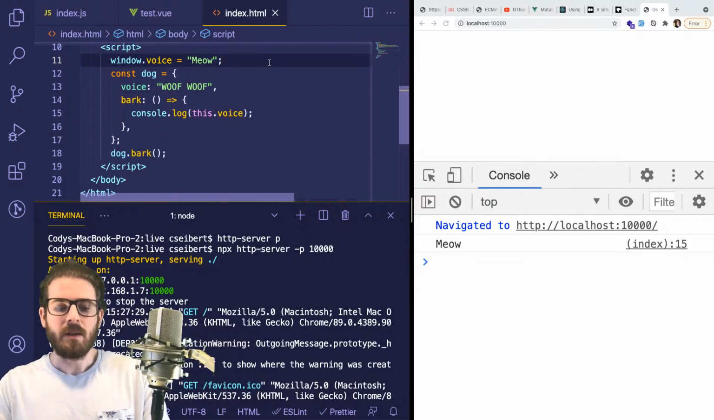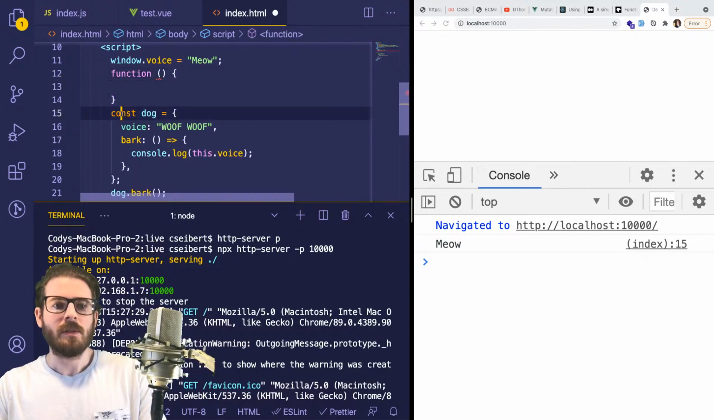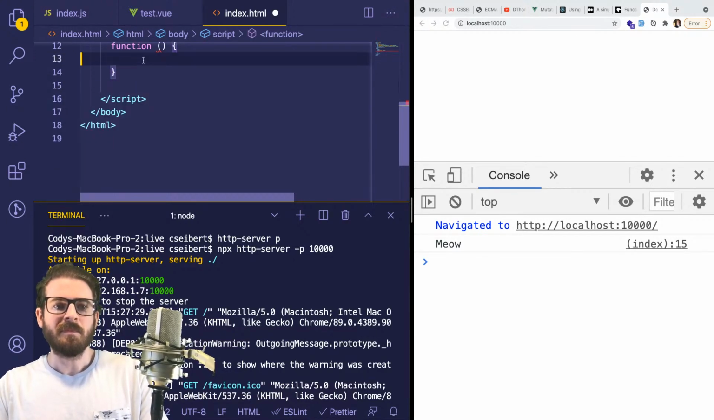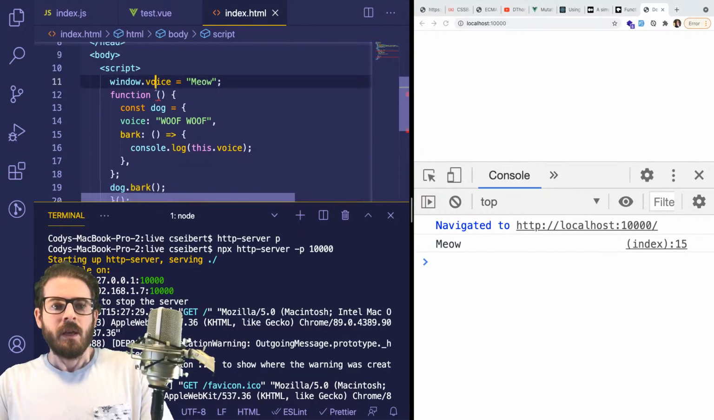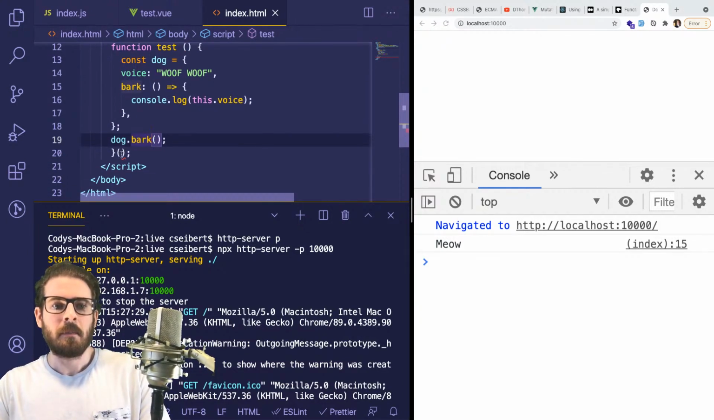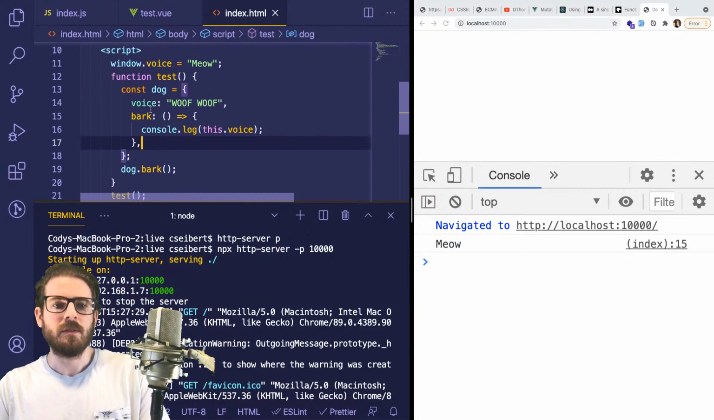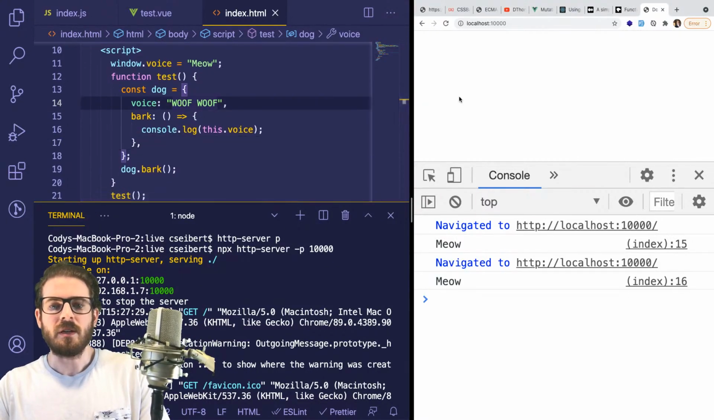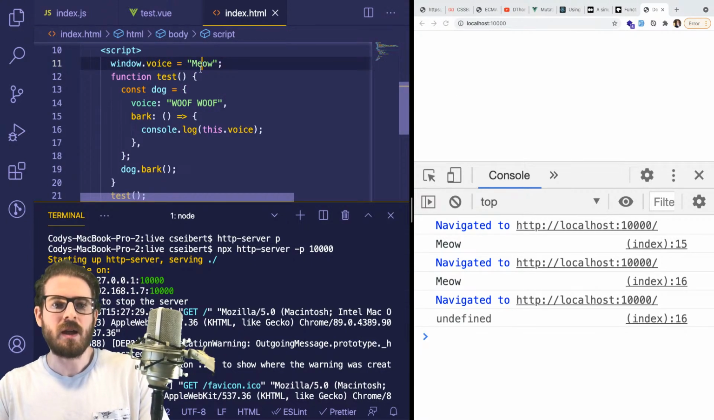Like, I think if I had this in a function, like so, and I invoked it like this, let's call it test. All right, what is this actually going to be? Okay, I guess if you have it,